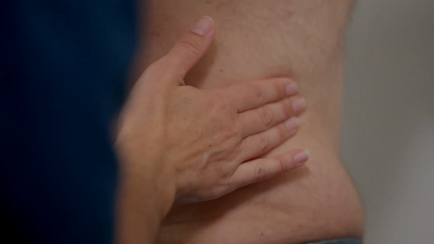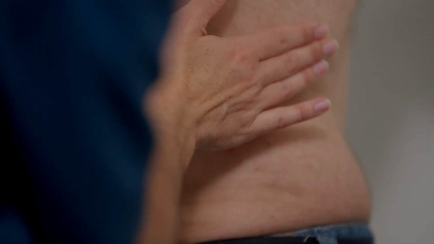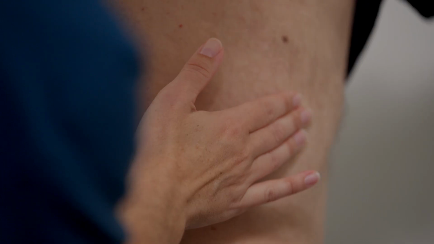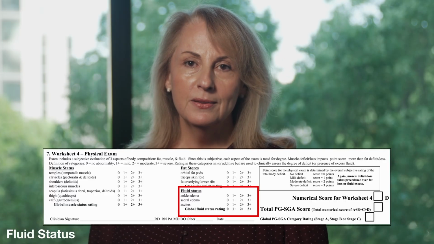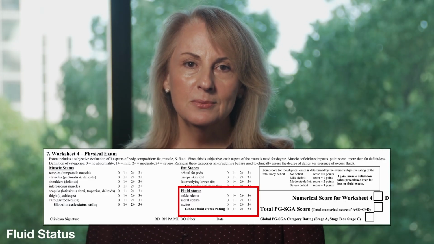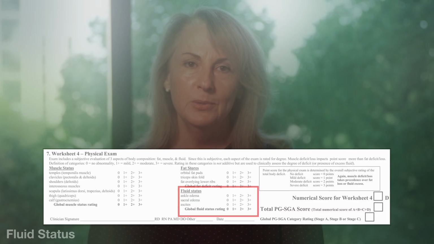If the patient is mildly to moderately depleted, you may see the ribs faintly with less fat cover on palpation. In severely depleted patients, the ribs will be clearly visible and you'll be able to feel the bones through the skin. The final part of the physical exam focuses on the assessment of fluid status, which contributes to the global